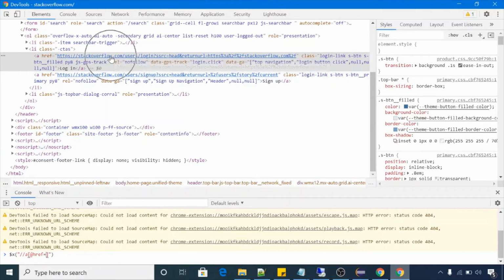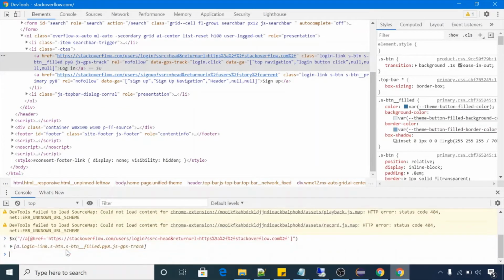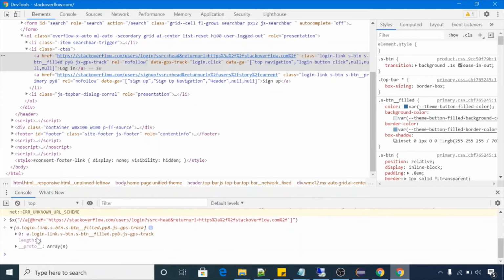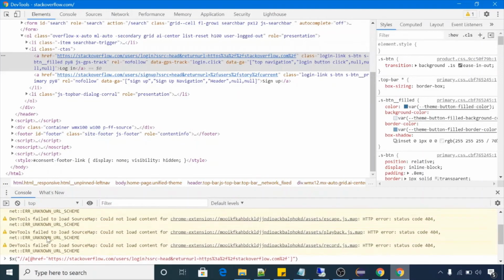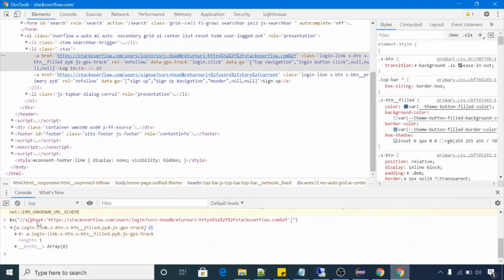Now I will copy this link address and paste here. Have a look. This is the output. It's showing us length 1. So we got one element with this XPath. That means this XPath is valid for us. We can use this XPath to click on the login button.